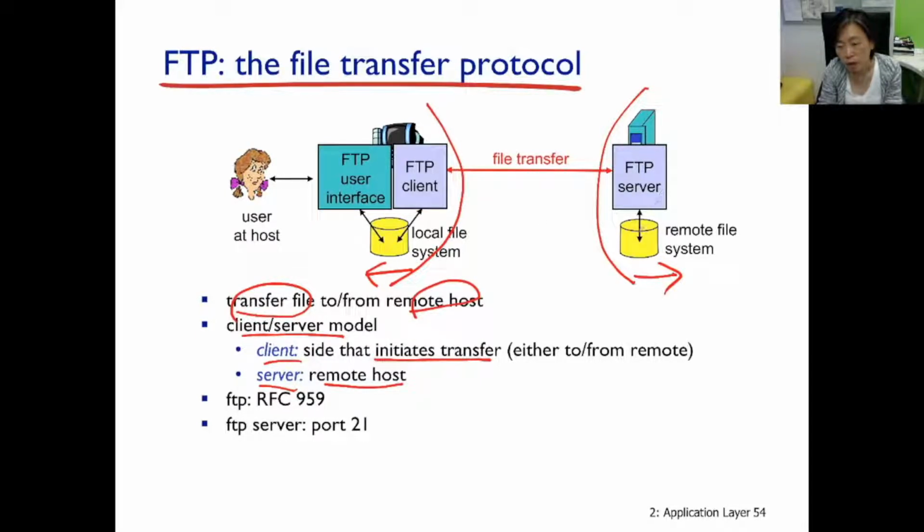Server here is essentially allowing the users or the client access to the hard disk here. So it's a little bit like Dropbox. So a distributed file system in a way. Good. Now, file can go this way as well as this way. So you see here, it's bi-directional. Good. The protocol is defined in this RFC.